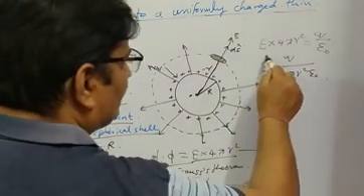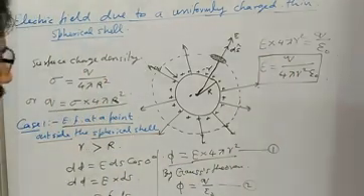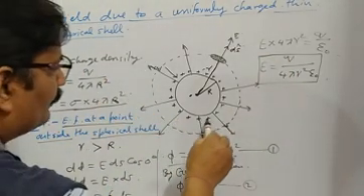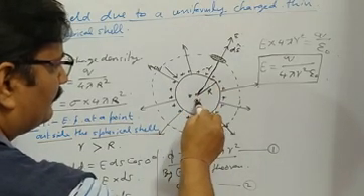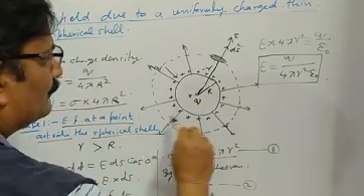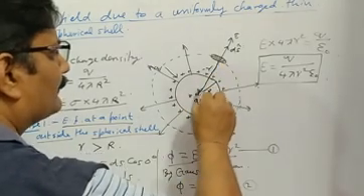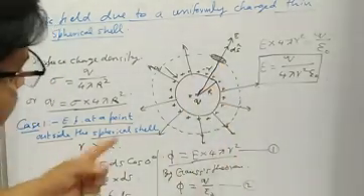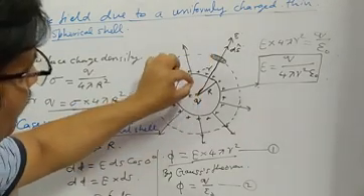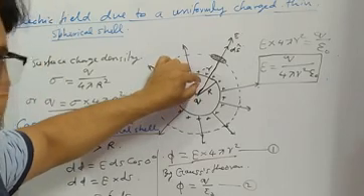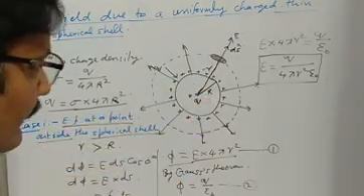So here you can see this expression is quite similar to the expression of electric field if the whole charge given to the spherical cell is present at the center of the cell. If charge Q is present here, then also we are going to get the same expression for the electric field at distance small r from the point charge. So electric field at a point outside the spherical shell is equal to the electric field due to a point charge present at the center of the spherical shell.